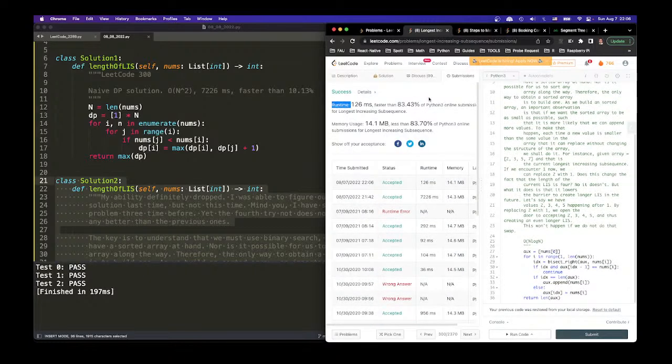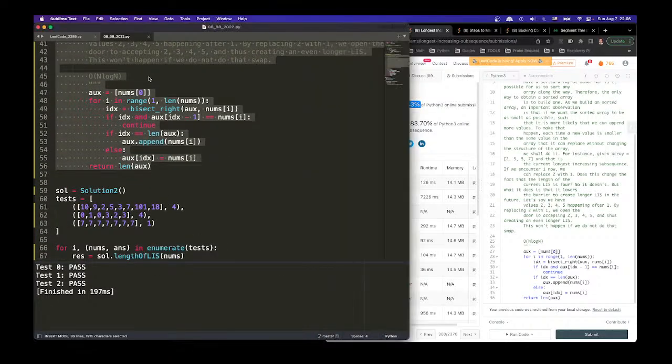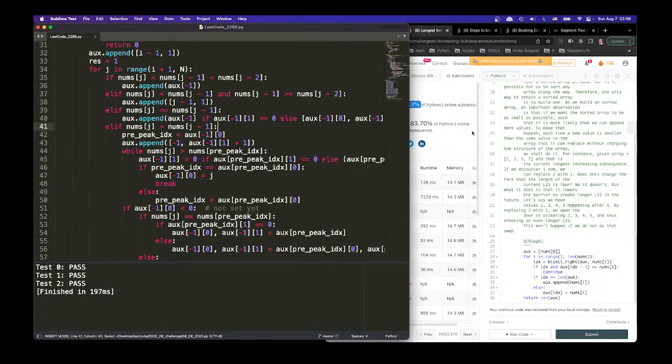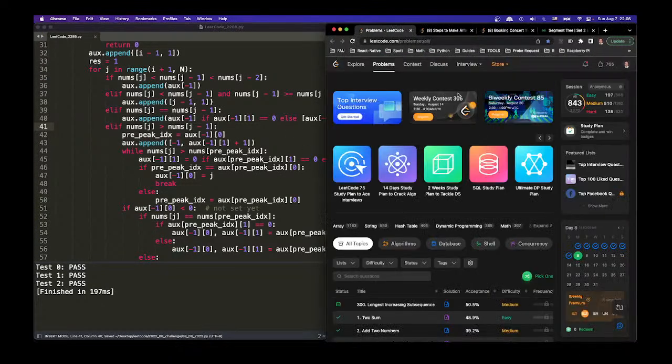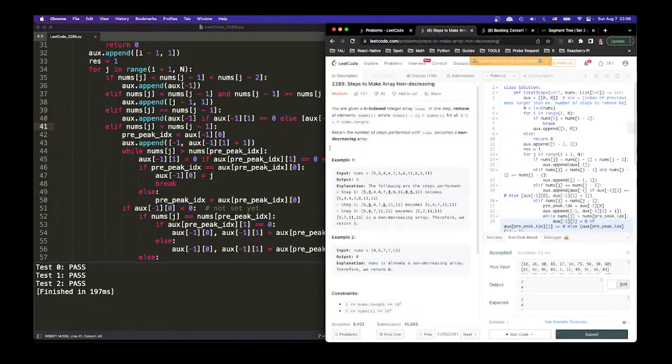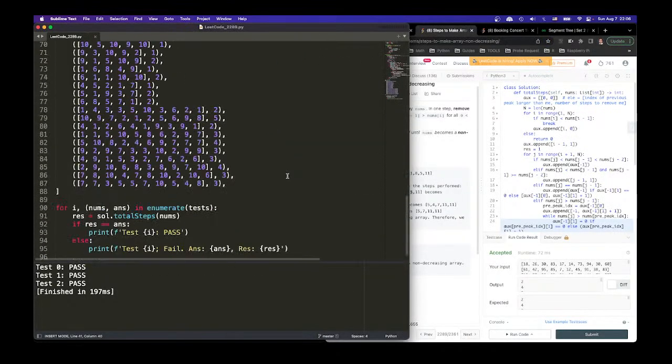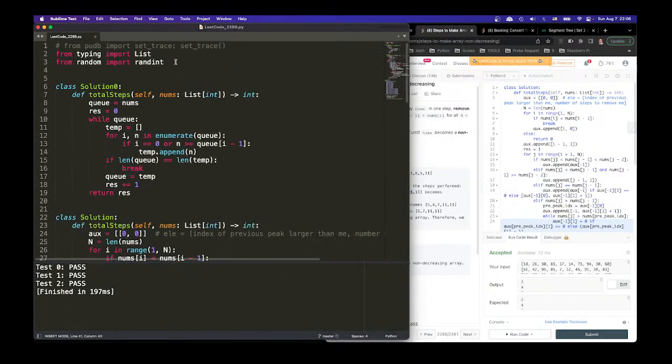Yeah, it's much faster. Auxiliary, that's where the binary search comes from. Okay, all right. Let's do this. So we have a good solution. We have a dummy solution. So we are going to build